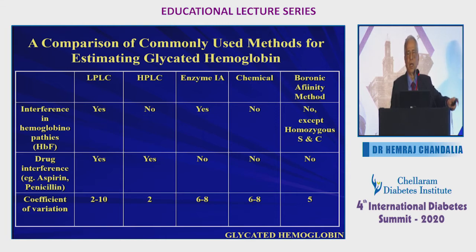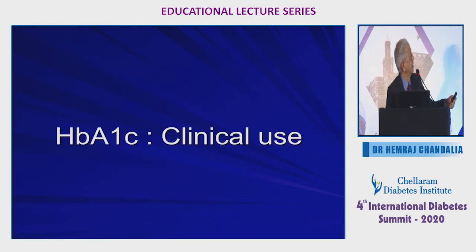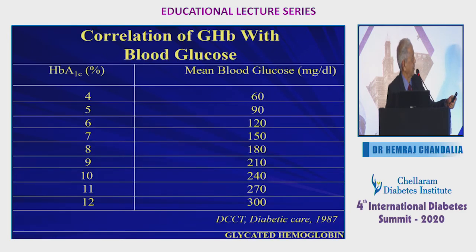You think that the fluoride bulb paralyzes all the oxidative enzymes and glycolysis will not occur, but it occurs. This has been proven: a sample sitting there for a few days can give you a blood glucose of 10 or 0. So this test, therefore, has become very important because biochemically it is very sound, in the methods you use and the variation it gives. Now we come to the clinical use, which is what you are concerned with.